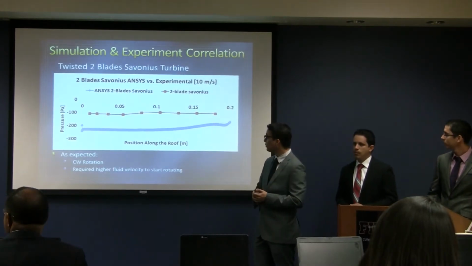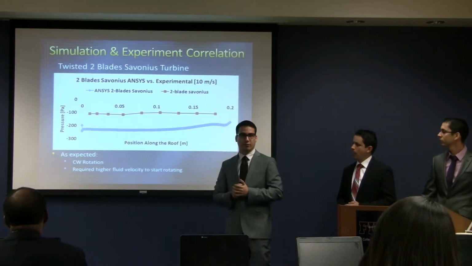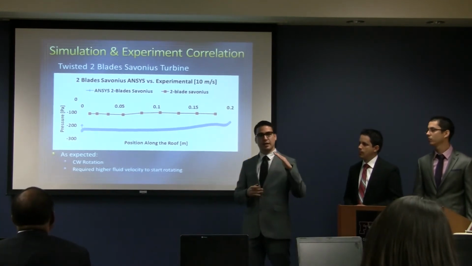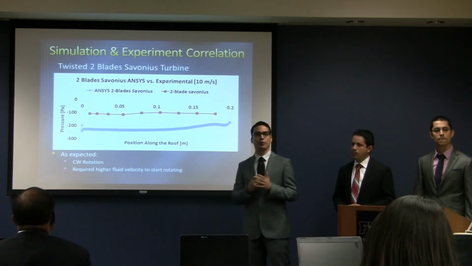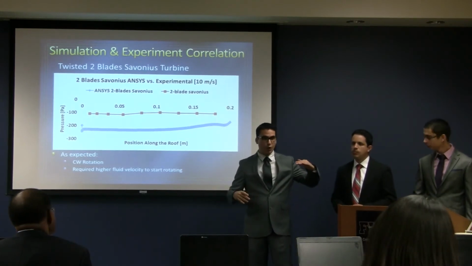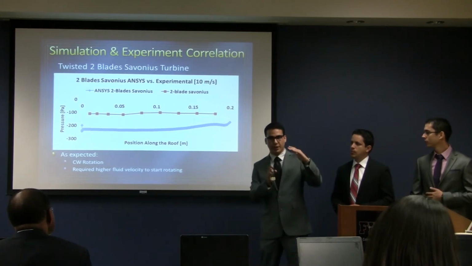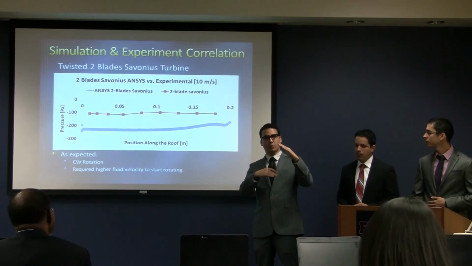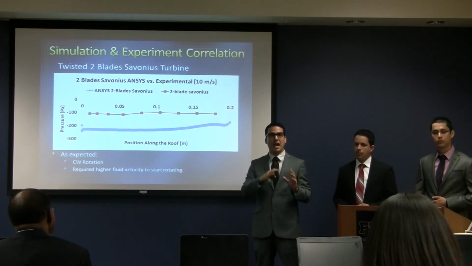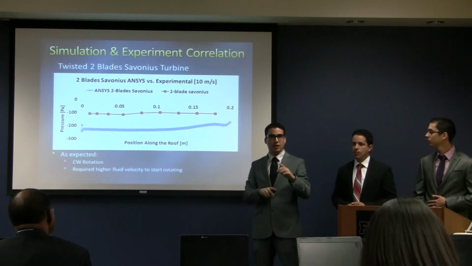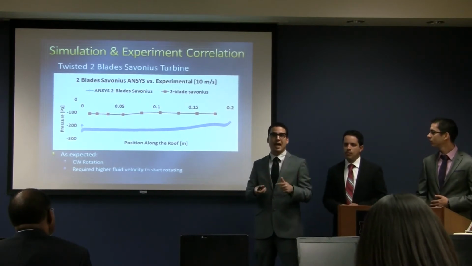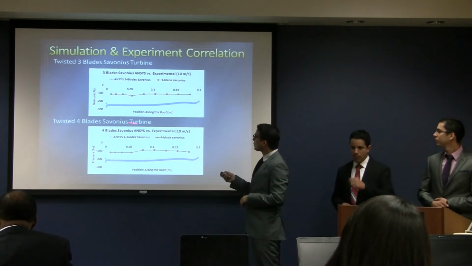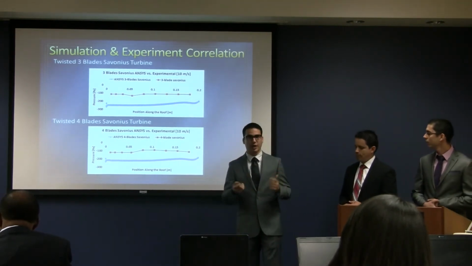You can see in the table. And then we tried with a twisted 2-blade harmonious because we needed that clockwise rotation. We got it from the experiment, but we noticed that it required a higher fluid velocity to begin the movement. Since the fluid is redirecting over the house, at some point at slow velocities, the flow over the turbine and below the turbine compensates, and it acts almost like an airfoil. It stays static until the velocity is really high, but that goes against the power generation we want to create. So we try with 3 and 4 blades. This is the comparison of the results, and now Marcus is going to explain in more detail the analysis we